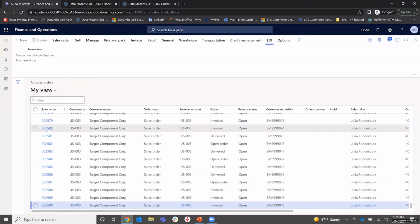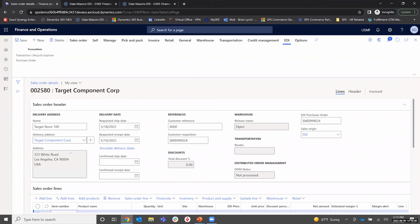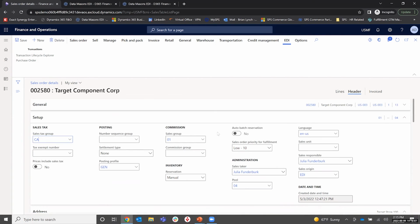Now, at this point, we'll go ahead and drill into a given transaction. This is normal Dynamics, but I'll call your attention to the fact, if we look at the menu bar at the top, that the SPS system automation adds EDI functionality right on the transaction, as well as its associated master data. In this case, if I drill back into the header and specifically drill back into the AR customer,